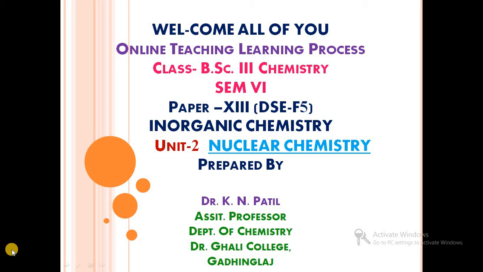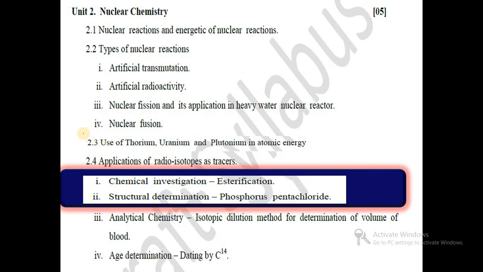We have started paper number 13 from semester 6, and the name of the paper is Inorganic Chemistry. We have started unit number 2, Nuclear Chemistry. And in our last video we have seen details about the use of thorium, uranium and plutonium in atomic energy,